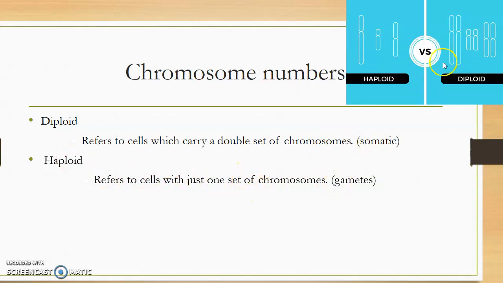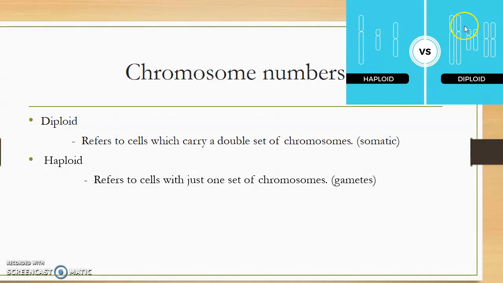So if you look at this diagram up here, you can see each one of these diagrams has 3 chromosomes in it. The difference is, in a haploid cell, it's just one copy of that chromosome. It's a single chromatid. And in a diploid cell, we're going to have what we call 2 or sister chromatids. So the difference between these two is they both have 3 chromosomes. The difference is in the haploid cell, it has a single copy of each chromosome, or chromatid, I should say.